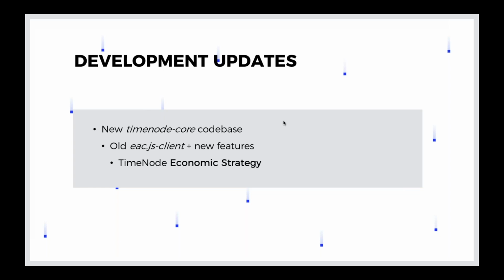We use this client as a base for all the TimeNode functionality that we've been building, both for the Chronos app and for the command line client for running these TimeNodes. This new feature called economic strategy will really help TimeNodes customize their experience of executing and running these